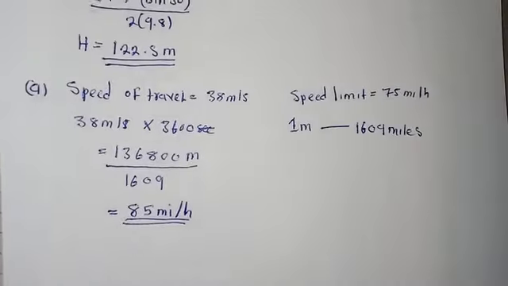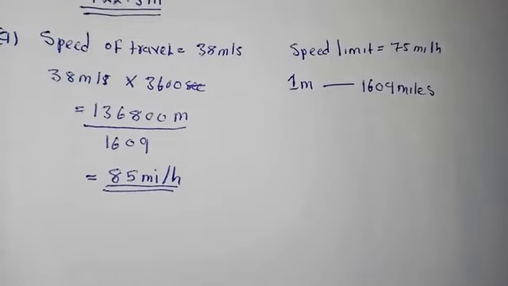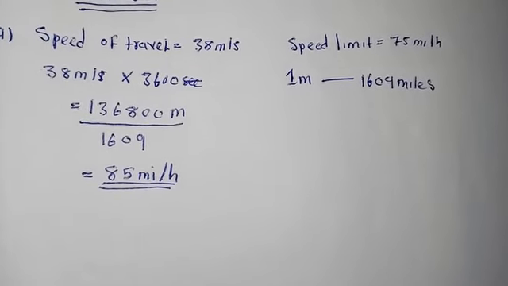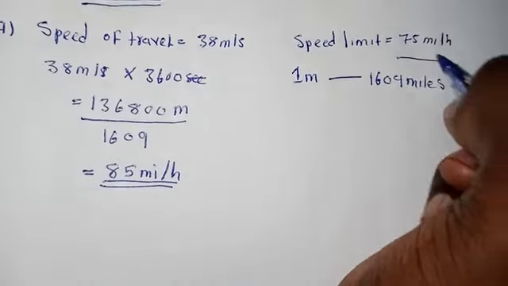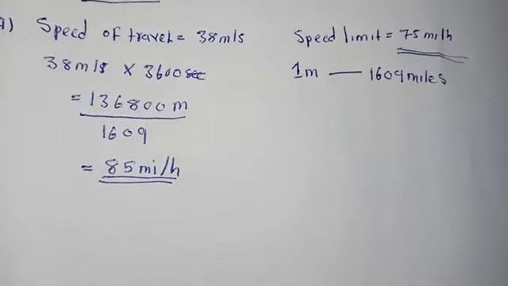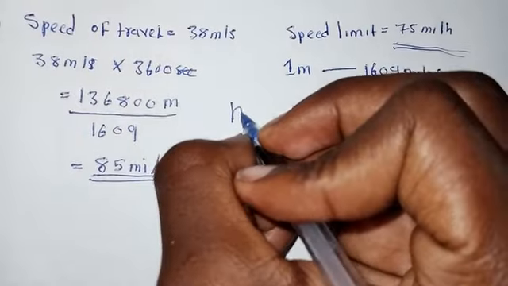So this person was traveling at 85 miles per hour compared to the speed limit, because the speed limit is 75 miles per hour. Therefore, the driver